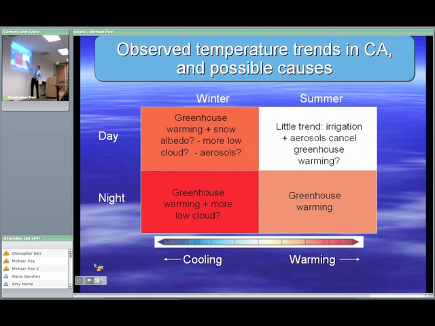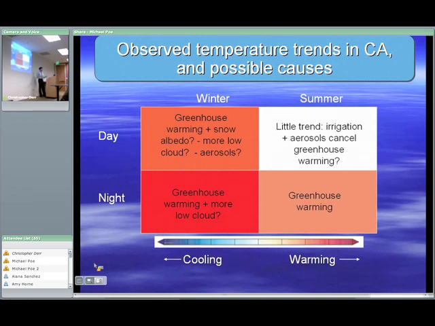Okay, so I showed you in summer, at daytime, there's really no warming. And there's more warming in winter than summer. There's more warming at night than day. So why would that be? Well, as I'll show you, I think the underlying warming is actually greenhouse warming. And I did a study that showed apparently that we're seeing warming trends that are too rapid to be natural. It's in California. It's been shown on larger scales repeatedly that the warming is too rapid to be entirely natural. It's consistent with greenhouse warming. So it walks like a duck, it quacks like a duck.